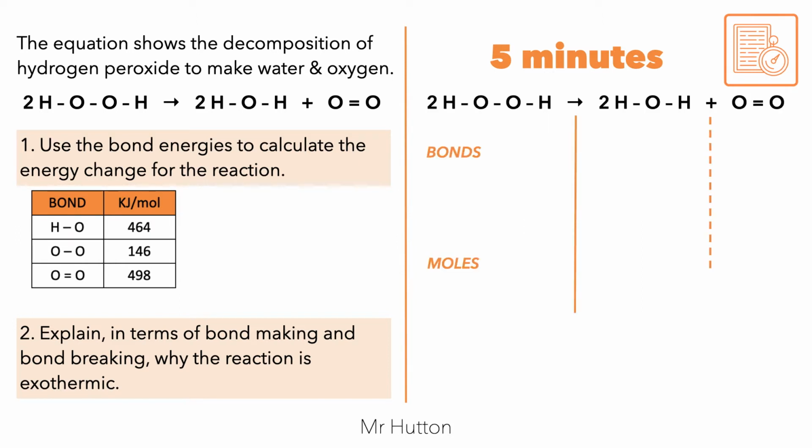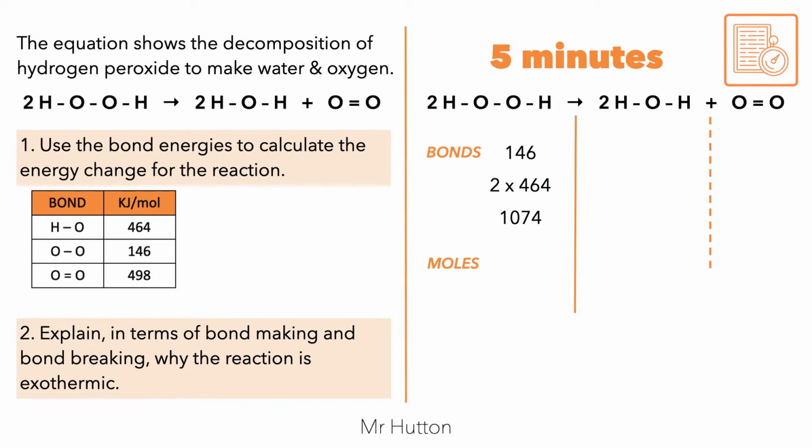Right, so to answer this question, we need to write out our equation. It's been given to you there in the question. And we need to look at the bond energy values for all the bonds we have in our reactants and products, and then calculate the total energy change. So for our reactants, we've got 146 for that oxygen-oxygen bond in the middle of the hydrogen peroxide. And then we've got 2 lots of OH bonds either side of that at 464 each, giving us a total bond energy of